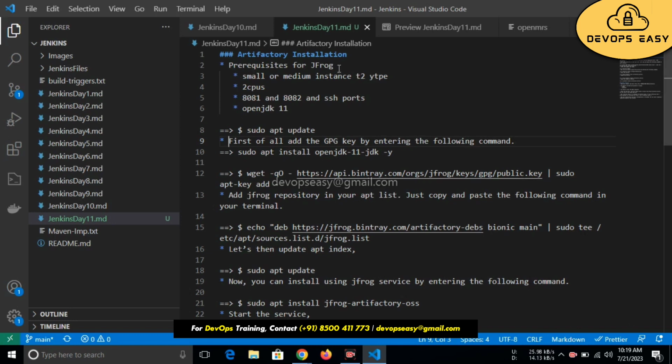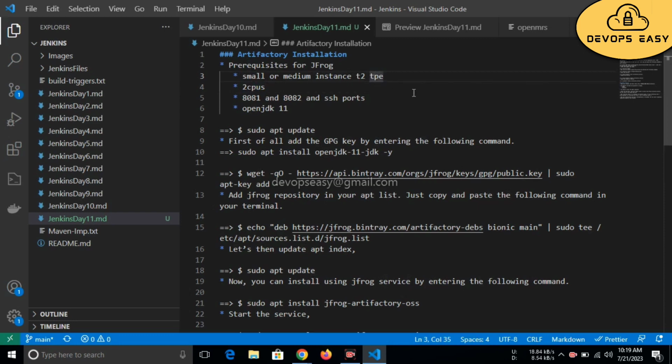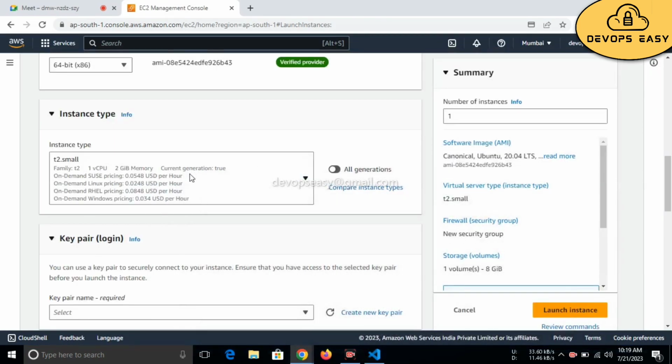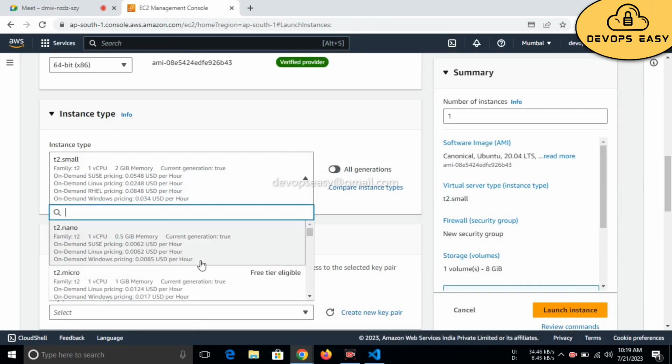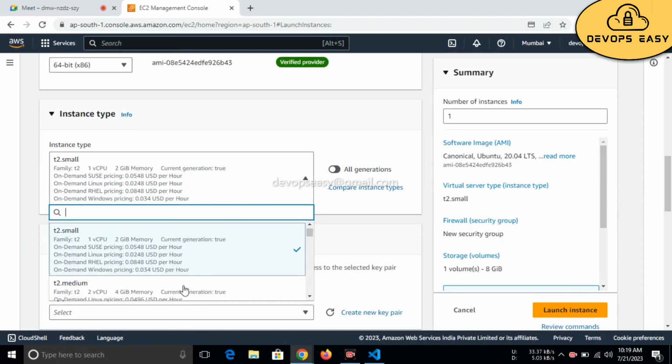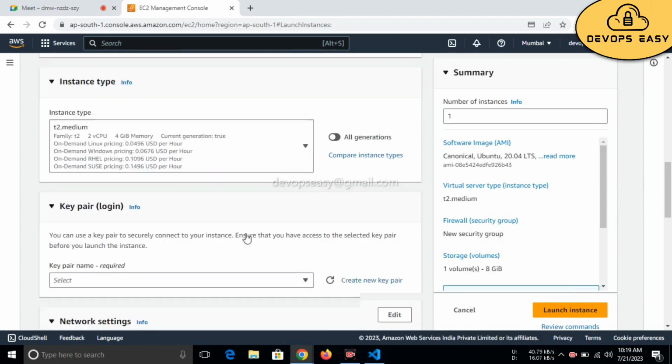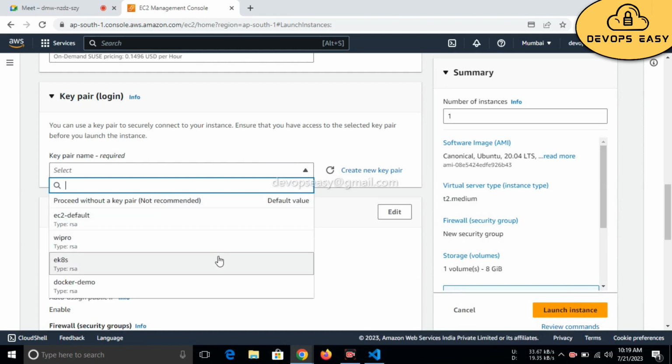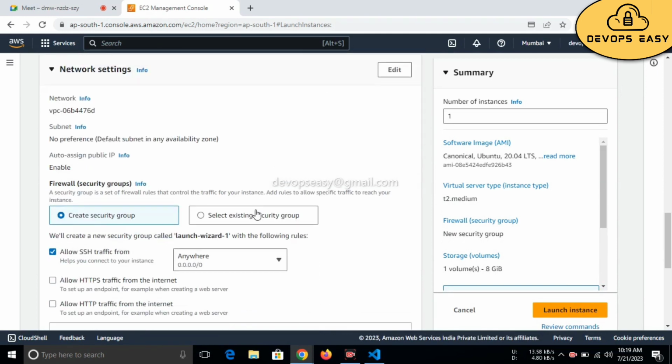So if you see, what are the prerequisites for the JFrog Artifactory? You need to choose at least 2 CPUs. So for that, instance type should be T2 medium or T2 small. So I will choose T2 medium. You can choose T2 small, but for me T2 medium, because it will be very fast. Key pair,